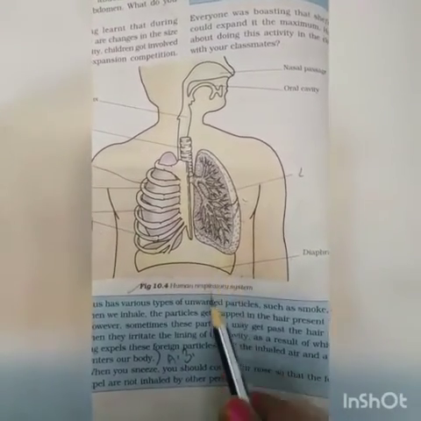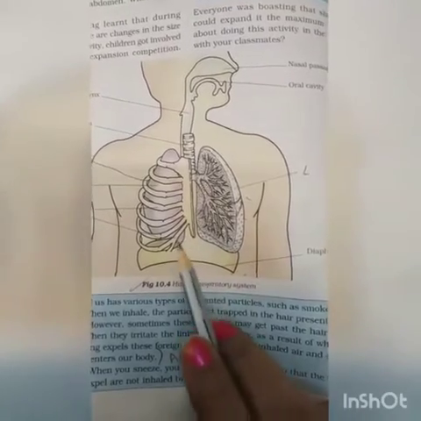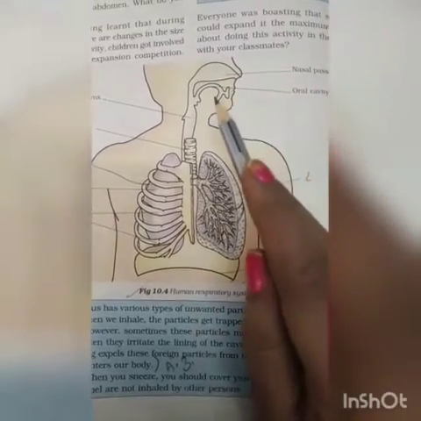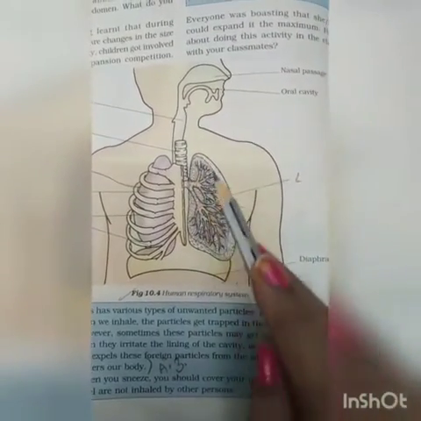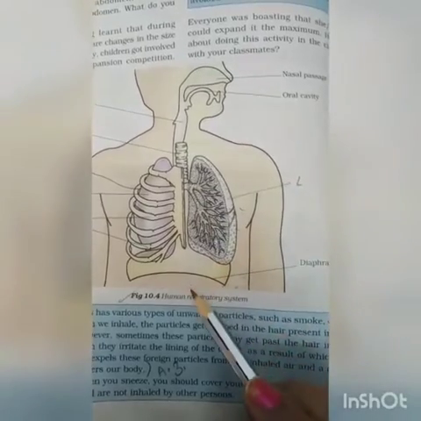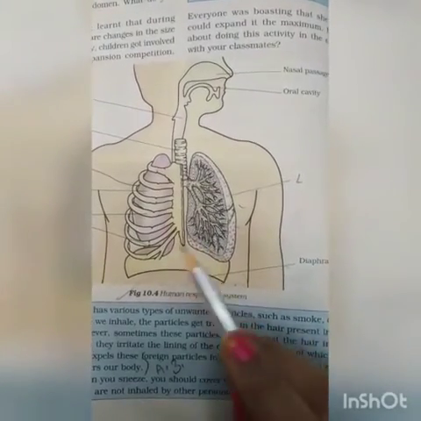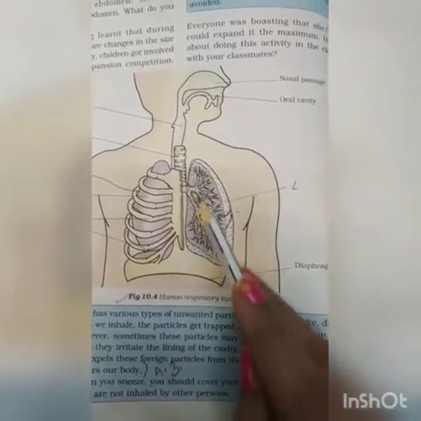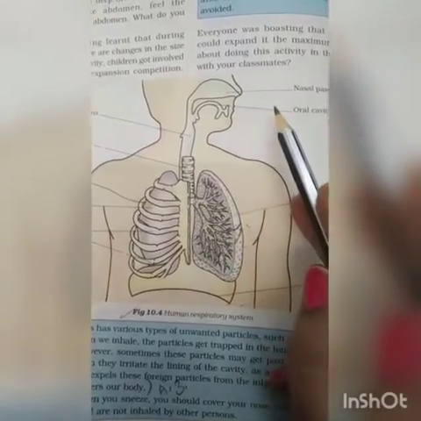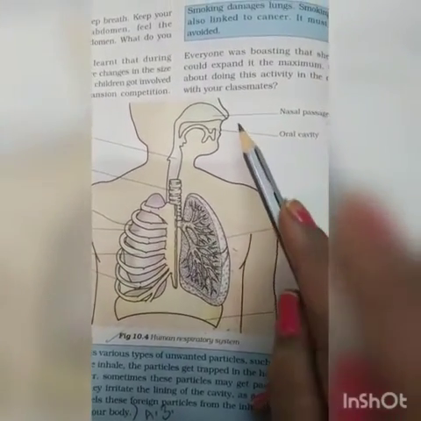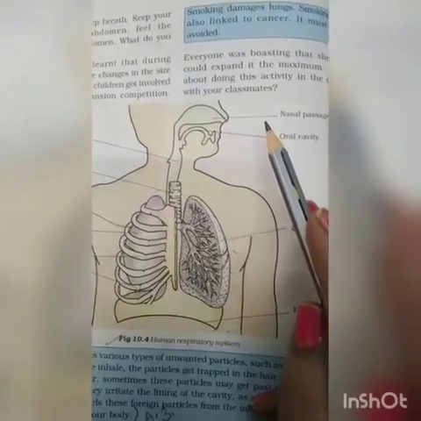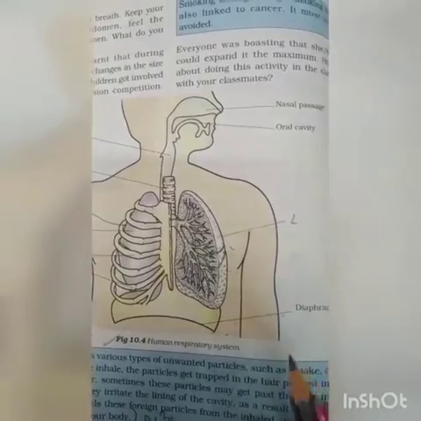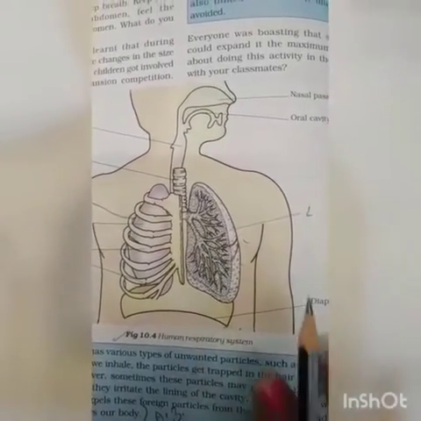When the diaphragm moves downwards, the space in the chest cavity increases. As a result, air from the atmosphere rushes through the nose and trachea to the lungs, which we know as inhalation. And when the diaphragm moves upward to its original position, the space in the chest cavity decreases. As a result, air from the lungs is forced out of the body through the air passages. This is known as exhalation. So the ribs and muscles of the chest cavity help in breathing along with the diaphragm.